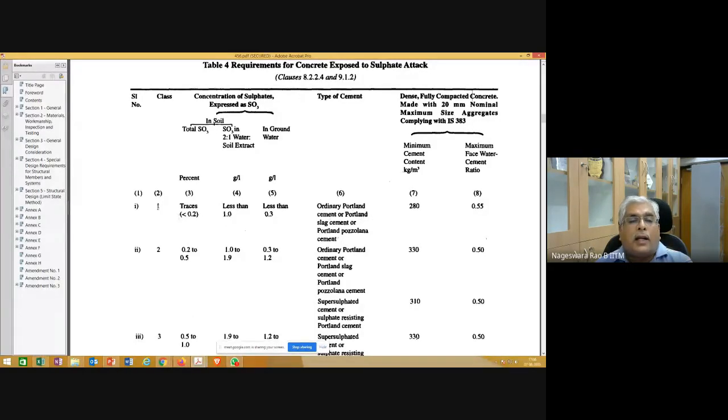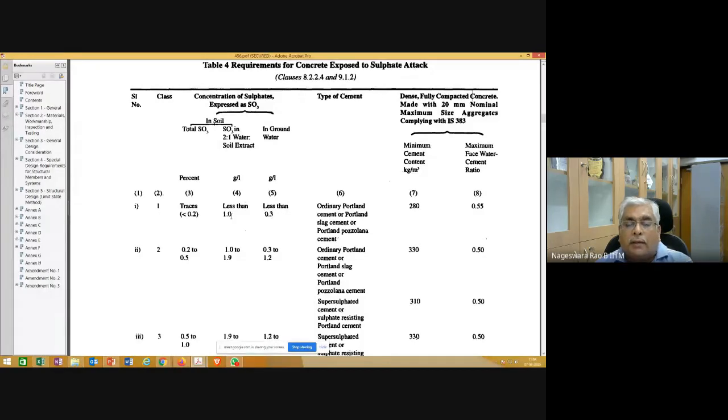Under class 1, it means when the percentage of SO3 traces is less than 0.2, and in the water to soil extract the SO3 content is less than 1 gram per liter, and in groundwater the SO3 amount is less than 0.3 grams per liter.